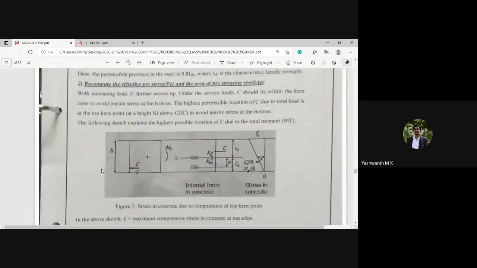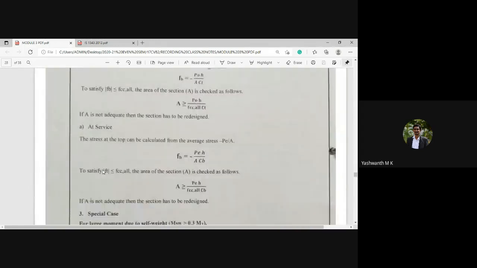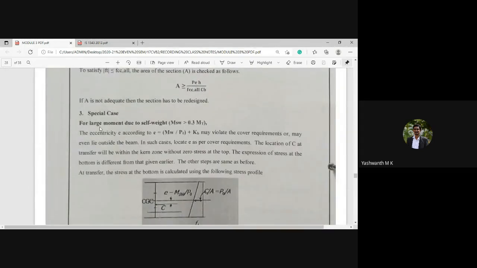You can see here, I have written: if the moment is large, that is MSW is larger, then it is a special case. Very rarely you are going to come across this case. If you come across this, then it is a special case we need to handle separately.